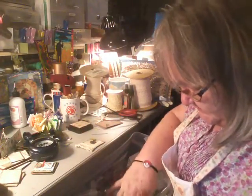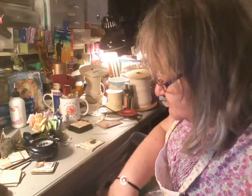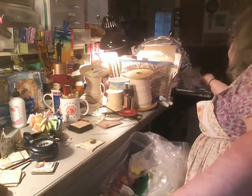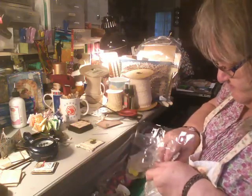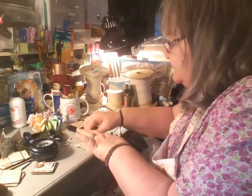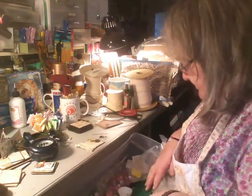I need another one now. Or something. I need something. Seems like I had something else in mind. Wait a minute. Oh, I know what I'll do. You know what I'm going to do with this one? I'm going to take this key. This is a key. I'm going to take that key and I'm going to put...